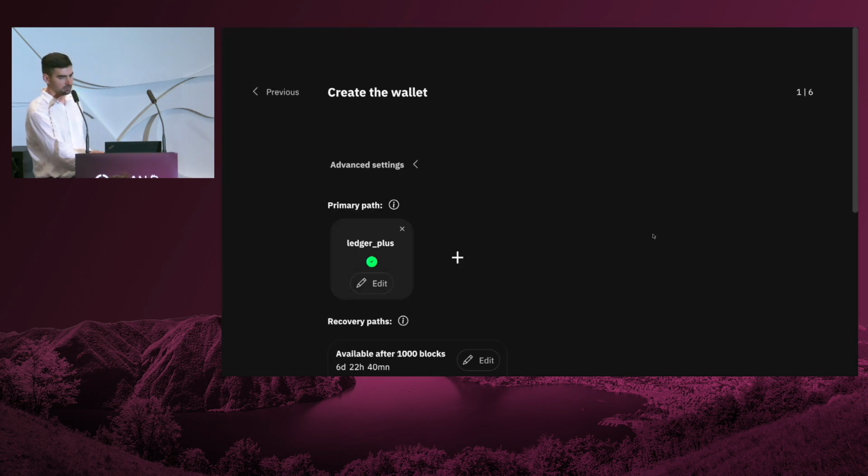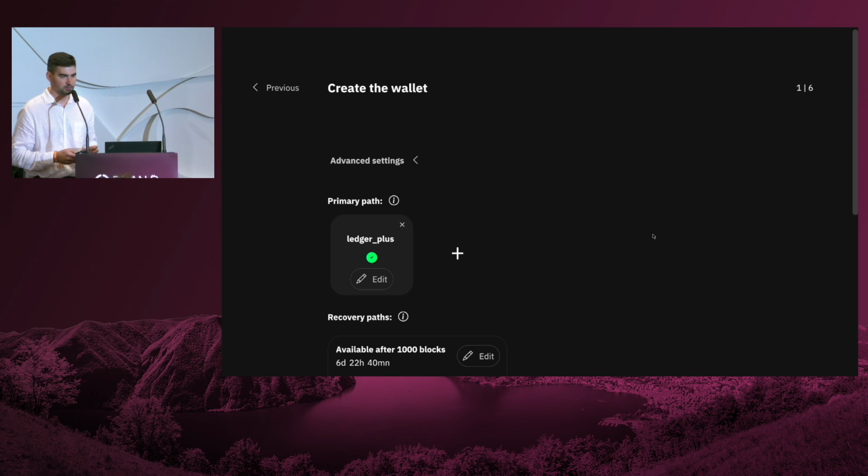And I didn't explain why those time locks are used. This is actually a safety feature, because if someone gains access to the recovery path, the first or the second one, that is under the time lock, that person will not be able to spend. It also gives you time, if you have lost your primary spending path, to try and find it if you have a backup somewhere.